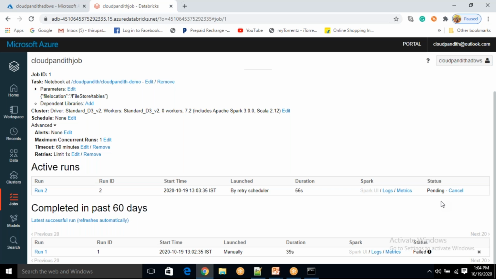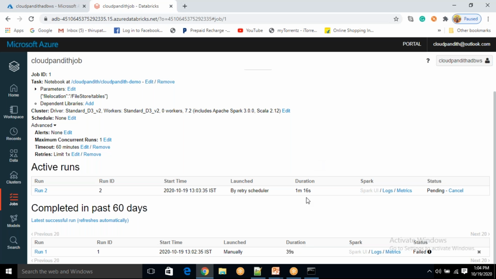But after retrying, our cluster got the required cores and it is going to run. See, now it is not going to fail. So when you retry, you will get the required resources. That's why we need to put at least retry equal to 1. At least one more time it has to retry whenever some failure happens. So now you see